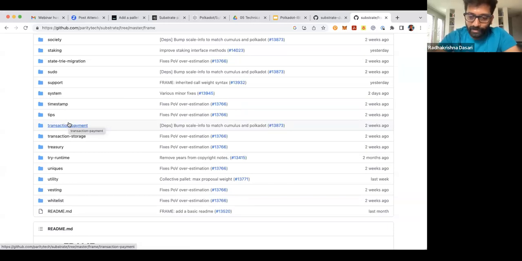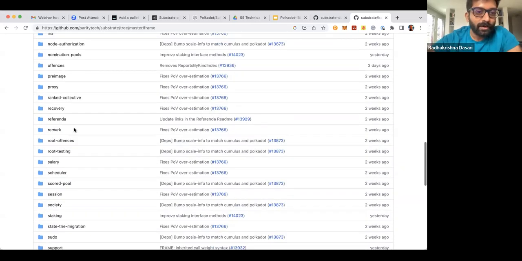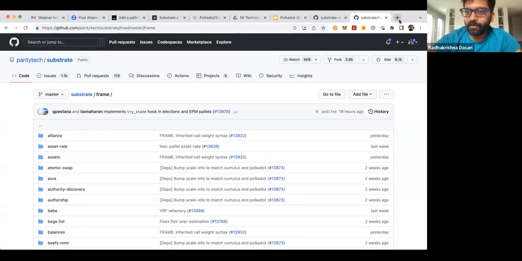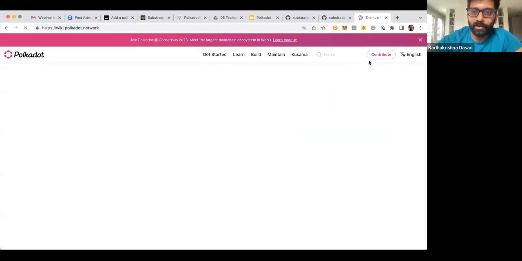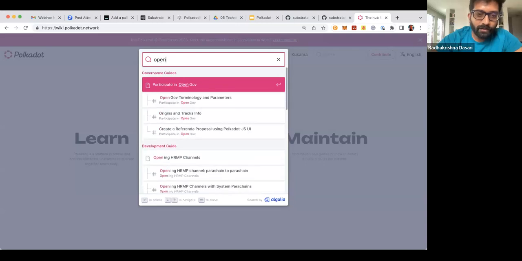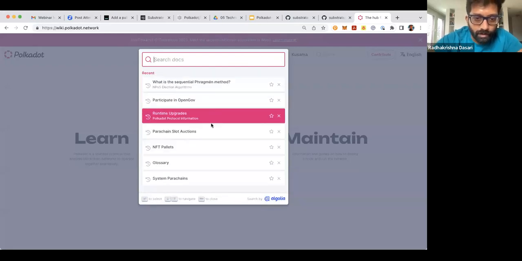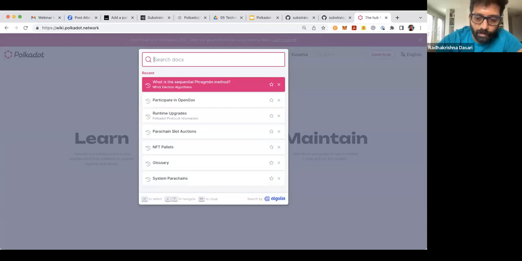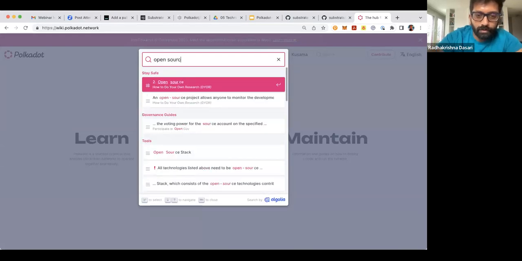So let's say one of you has created a pallet for social media integration, and you're generous enough to contribute it to the frame library, make it open source. You can give it to the Substrate repository in a way. So we have all these, and then let's go to the Polkadot wiki. In here, if you search for open source stack,